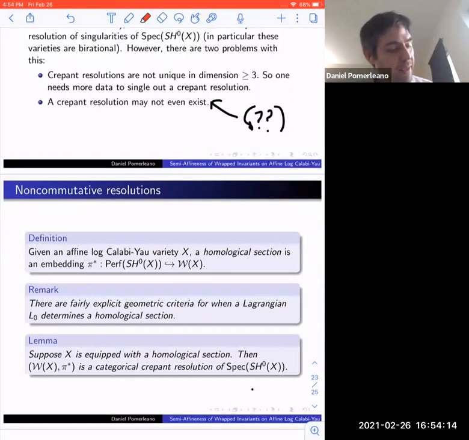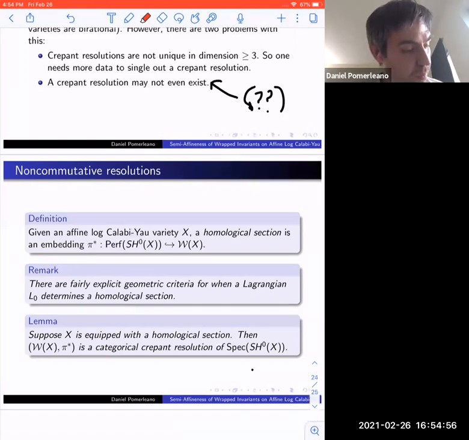Then the theorem. So I should say also that there's a fairly explicit geometric criterion, in terms of how your Lagrangian intersects the families of Reeb orbits at the boundary. So there's some explicit geometric criterion for when a Lagrangian is a homological section. In practice, for example, when your affine log Calabi-Yau is a cluster variety, it's pretty easy to construct homological sections. And so what we want to say is that,